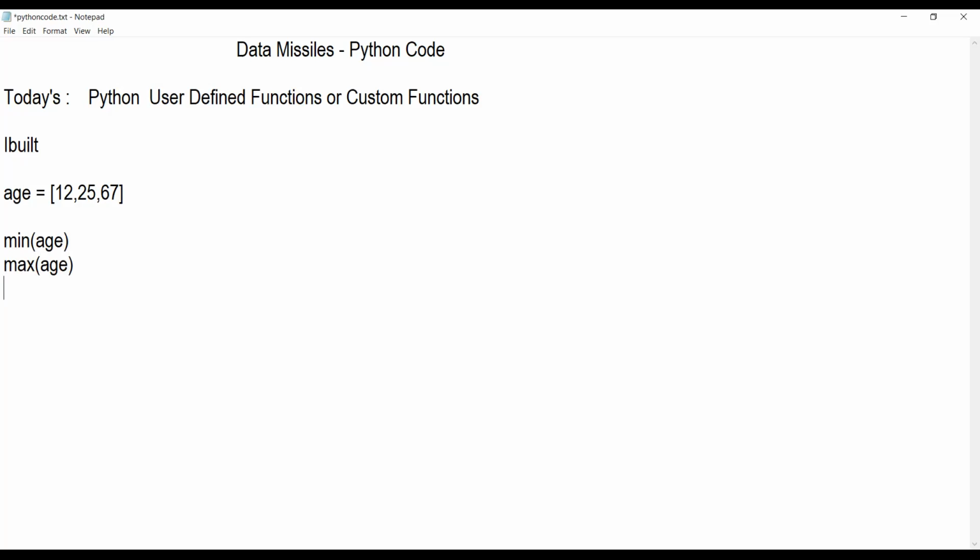But whenever you want to develop an application in real-time projects, only 30 to 40% of these inbuilt functions are used. What about the other 70%? Who is going to use it?